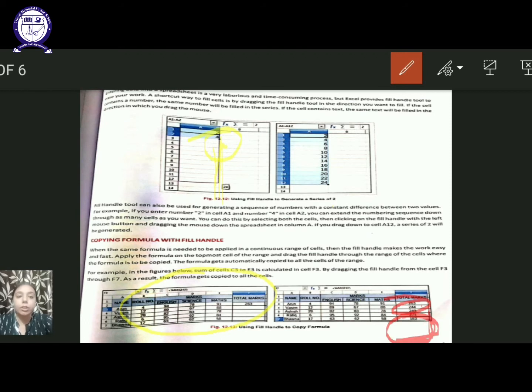Then you will see that automatically the formula has been copied to the other cells with the cell addresses being changed, and the total marks are calculated with the help of the fill handle only.